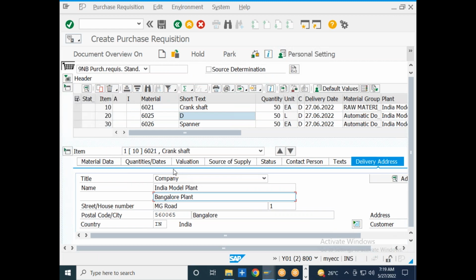Like this, you need to maintain the item details for line item number 20, line item number 30, line item number 40. Like that, you can maintain the information for 7 line items over here in the item details. I will now try to click on check,